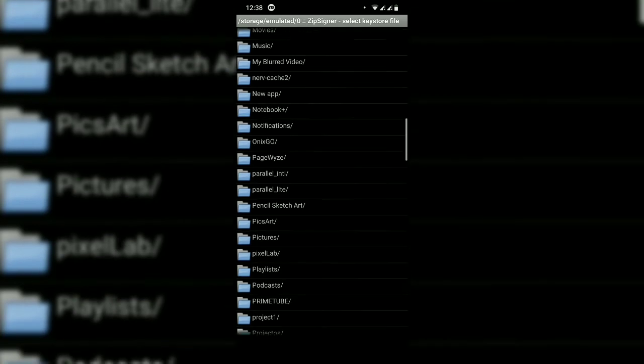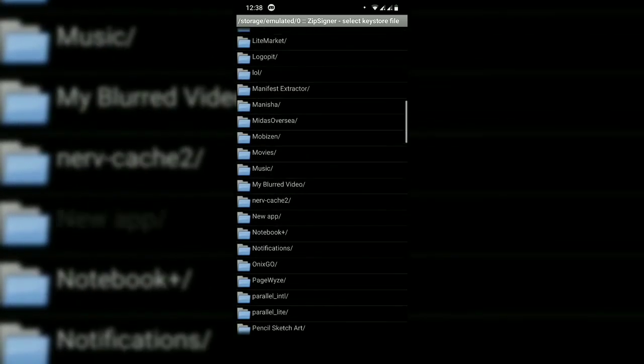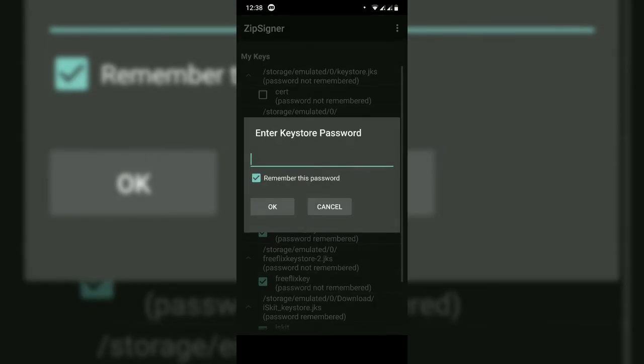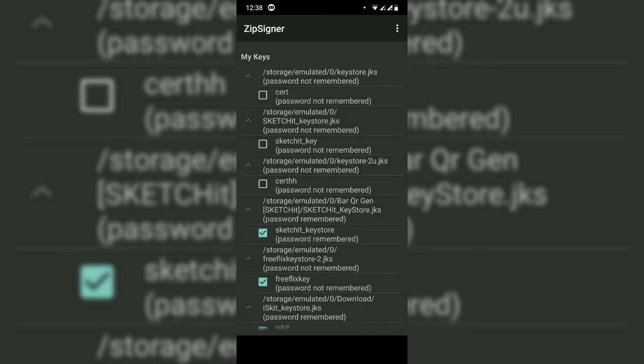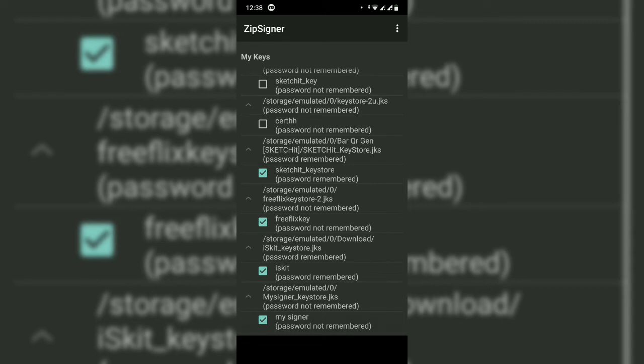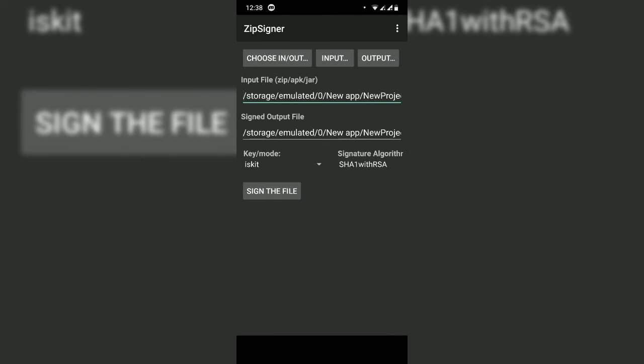Remember that you have to copy it to your phone, so in this case I have copied into a folder called new app, and this is the sign, and you have to put the password. The password was password 1. Remember you have to remember the password because it's very useful, because if you forget the password you will lose the certificate. So after putting the password, press OK, and you will see the key is registered here, and go back and select the mode and select my signer, the key store which we created from the PC,